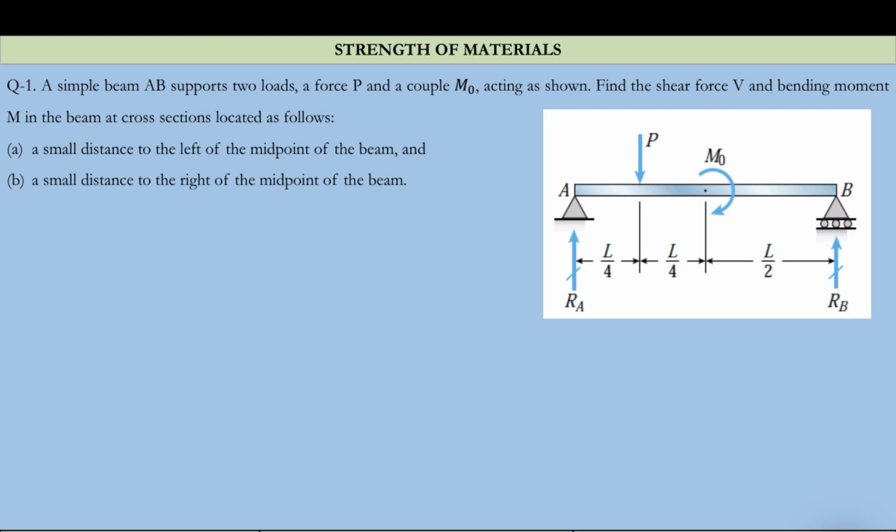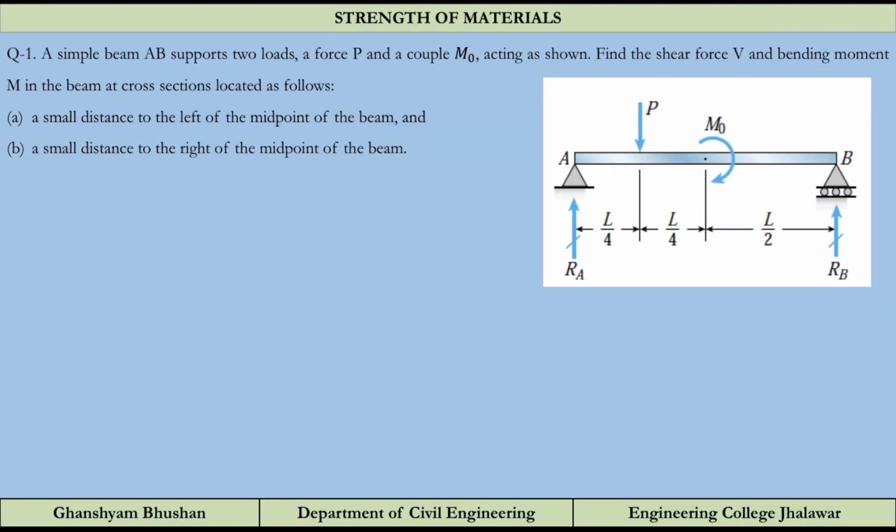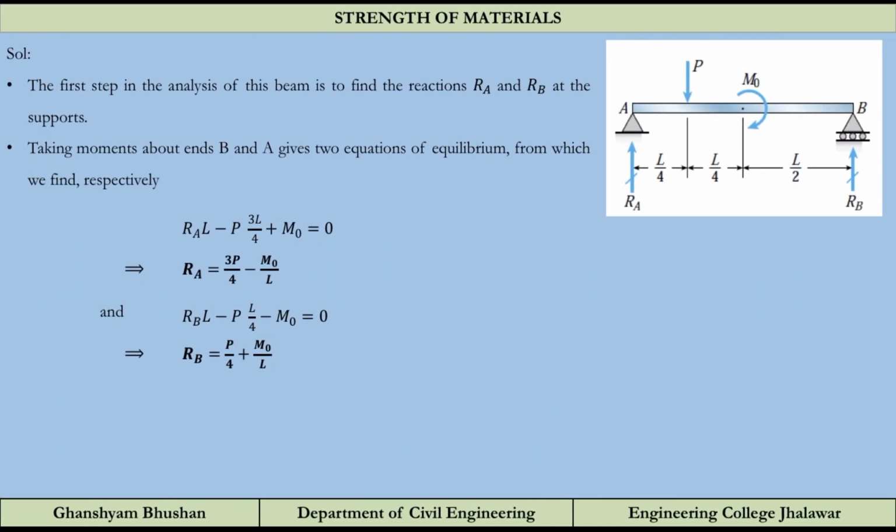So the first step is to calculate the reactions. We will determine RA and RB. This is very easy. You first have to take moment about any point, A or B, and you will get RA and RB directly. So the first step is to calculate the reactions RA and RB. So we are taking